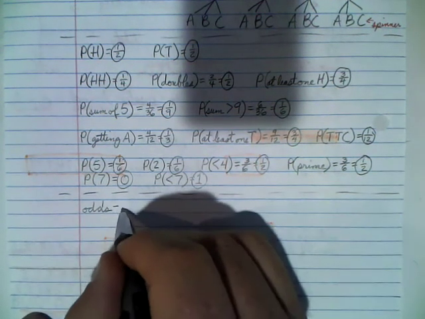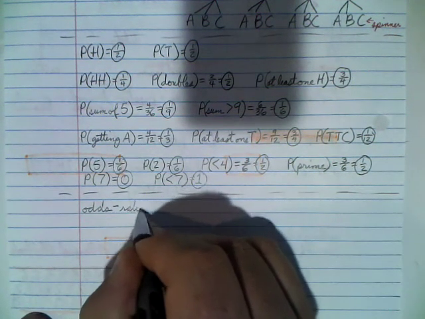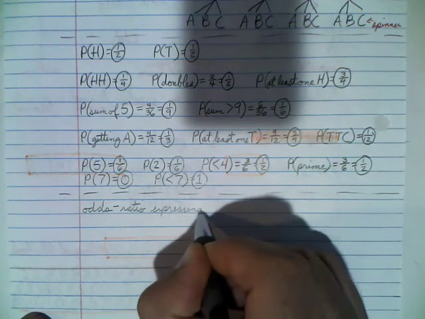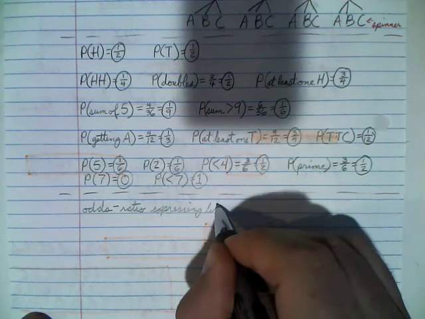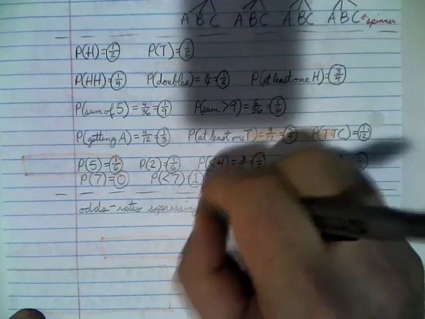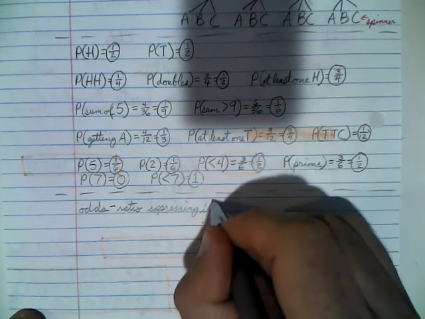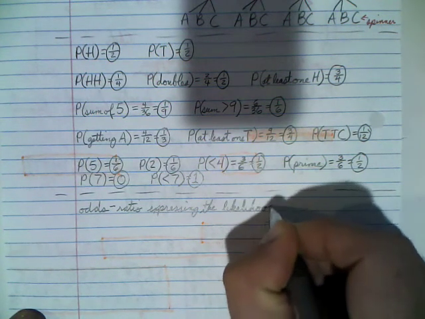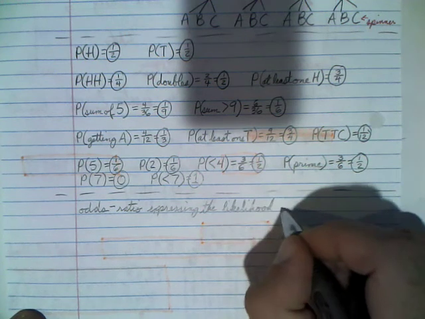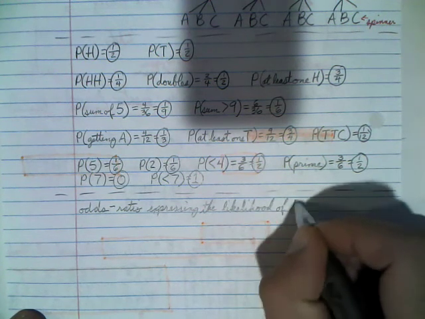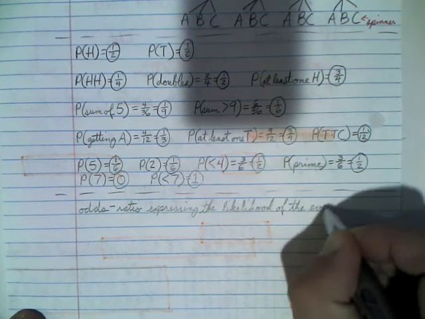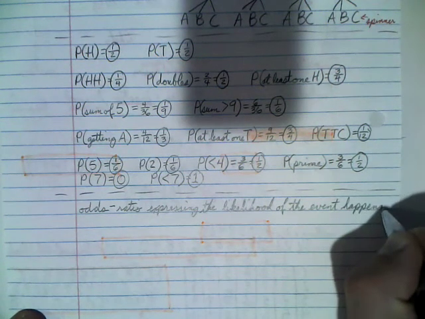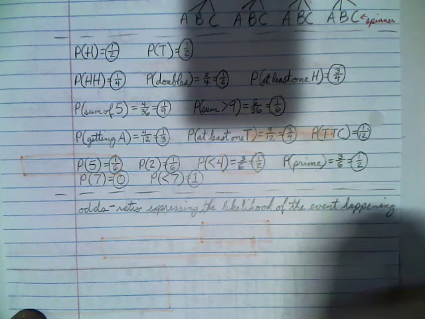And odds, instead, are the ratio expressing the likelihood of the event happening. So how likely it is to happen